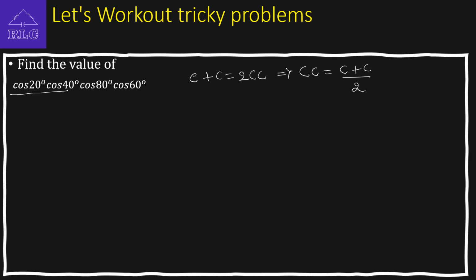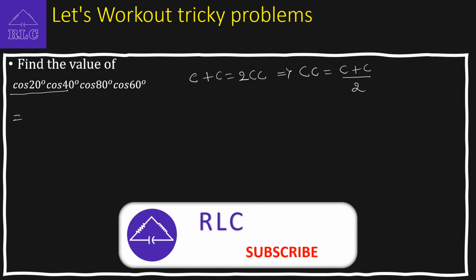So the first term represents addition of 2 numbers and the second term represents subtraction of 2 numbers. So let us apply it and see how much we'll get. Here cos of 20 degrees plus 40 degrees, so that means cos 60 degrees,